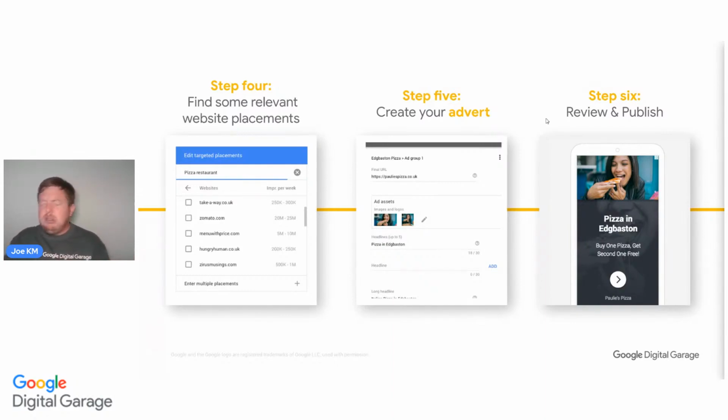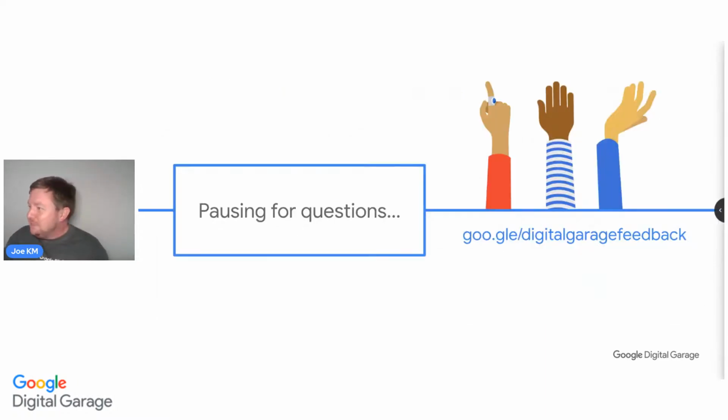Don't just go, I've got no time for this. The more time you invest, the greater you understand your target audience. The more you understand your target audience, the greater the content that you can write. The greater the content that you can write, the more emotional response it will give to that target audience. And the more emotional response means you've got a better chance of people clicking on that ad and therefore converting. Hopefully that makes full sense to you. I apologize if it doesn't.